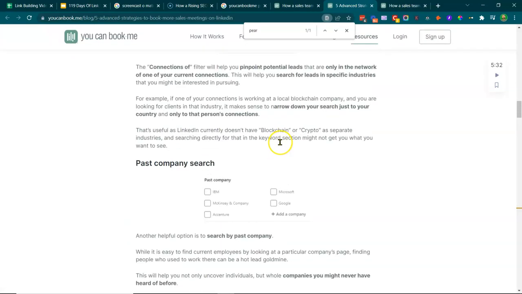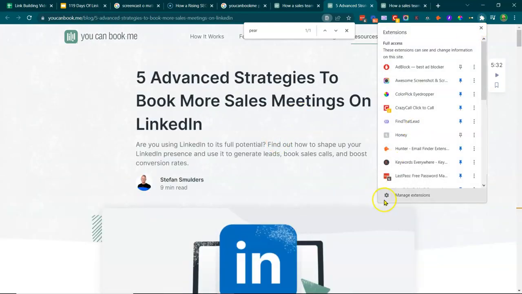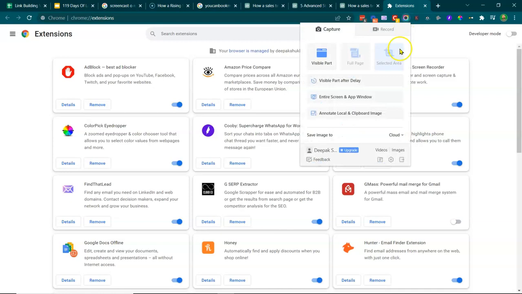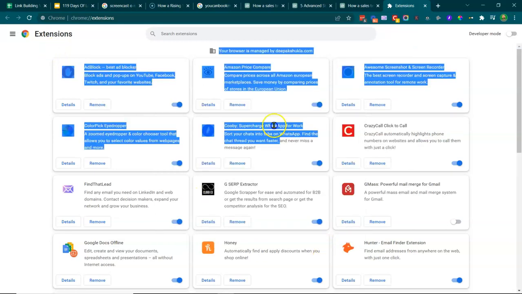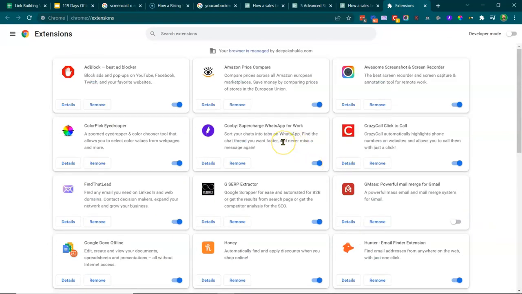So really think about all of the places that you could potentially get links from. If I go into, for example, my Chrome plugins, which is an obvious place, I should probably reach out to every single company that's here. And a good way to do this, ironically, is to use Awesome Screenshot. Let's see what happens. Oh, it's probably going to bug out this recording. But as you can see here, I've got all of these tools that I'm using, and I could reach out to all of them to offer a testimonial in exchange for using their tools. So it's a pretty straightforward way to generate more links back to your website.